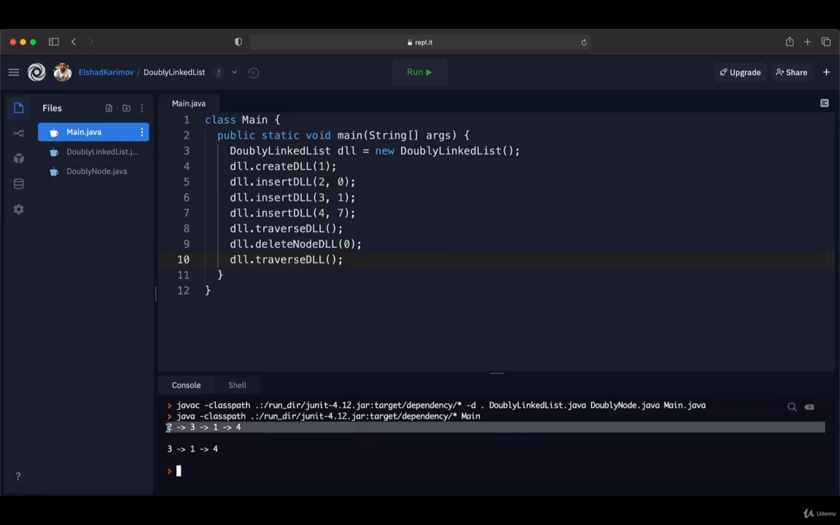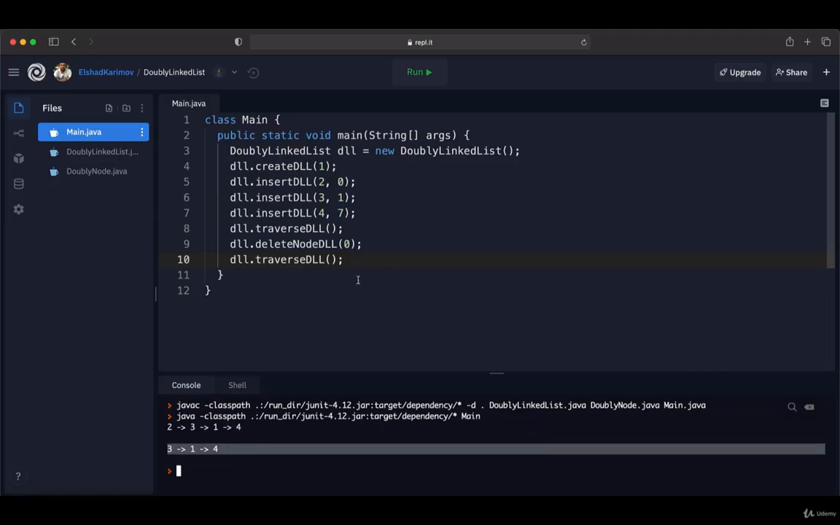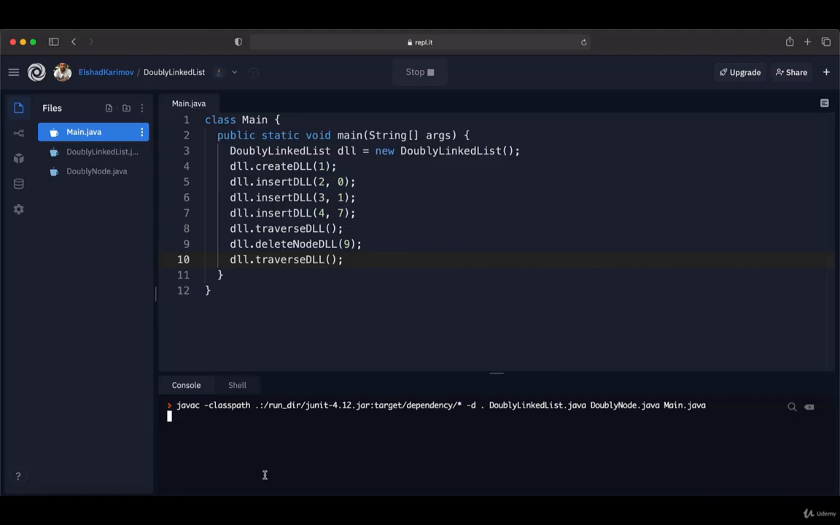So initially the first element was 2, but now the first element is 3. Now if I try, for example, 9, which is greater than the size of the double linked list, in this case if I run our code, you will see that it's going to delete the last element from the double linked list. In this case the last element was 4, but now it has been deleted, so the 1 becomes the last